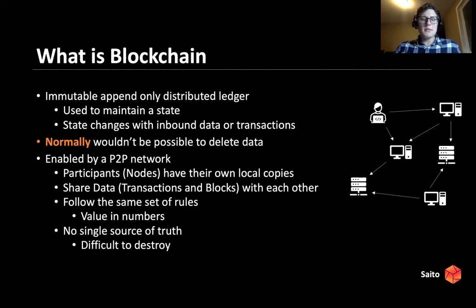So when we're talking about blockchains, every blockchain has a different set of rules that they follow. But the reason why blockchains are seen as valuable is because you have a collection of people or participants who all agree upon the same rules. And it brings in this notion of there being value because of the number of people that are following it. Similar to how you could say that a fiat currency has value because of the number of people within a country that agreed that fiat currency has value.